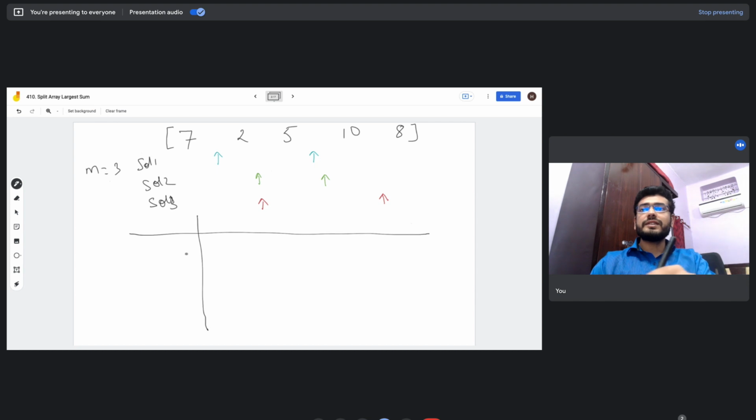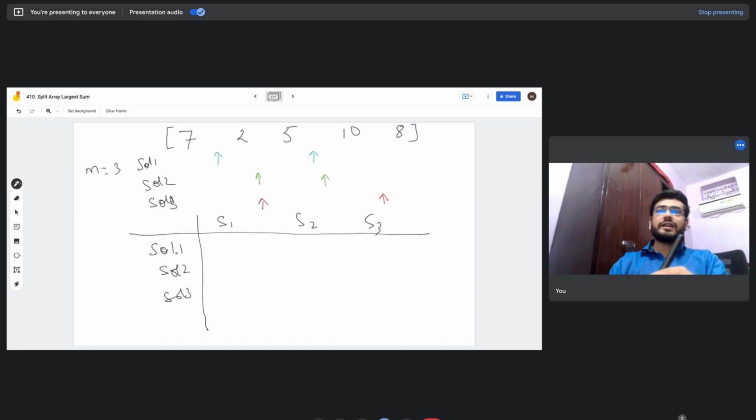Let's see which of these three solutions is better. In each of them we are going to have three subarrays, let's denote them by S1, S2, and S3. In the first solution, the one we are putting up in blue, we have just 7 in subarray 1, so I'll keep 7 over here.